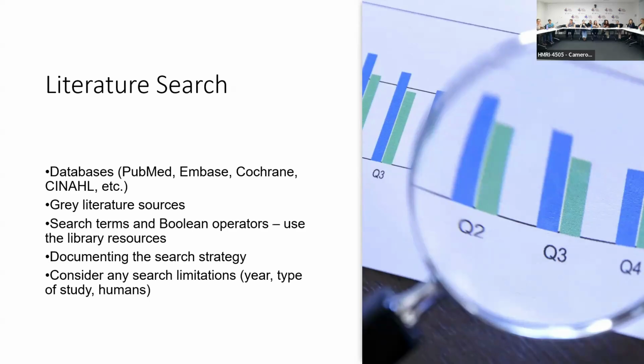Other things you can consider are search limitations. So say I want to do a systematic review on AI. I only really care about AI since it's been in public use, which has been since 2020 or something like that. So I will limit my data search to 2020 because the development AI articles are not necessarily relevant to my research question, so I'll exclude those. Or we completely changed the way we managed asthma in 1996, so I don't want any papers before that. You need a reason to exclude, not just because you don't want many papers.